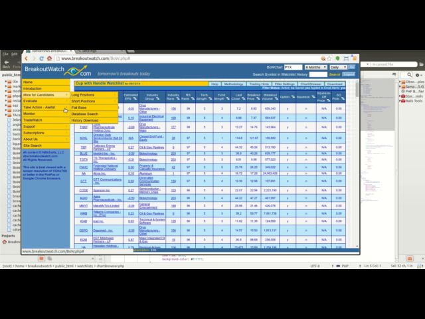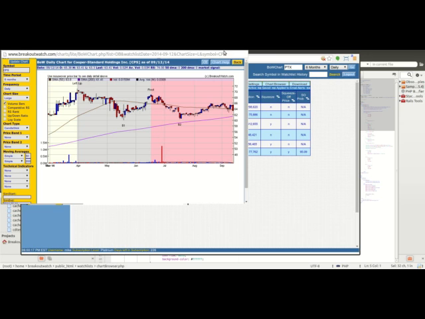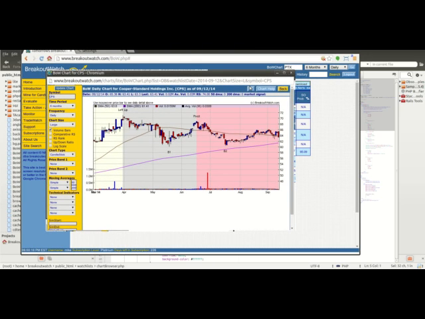Let's look at another watch list. Let's look at the double bottom list. And so I'll pick CPS here. Now for the double bottom, we clearly show where the two bottoms are, and we show the pivot point in between, the left lip or left cup, and once again we shade the areas so it's easy to see where